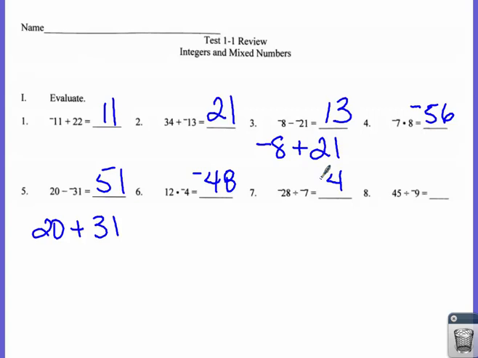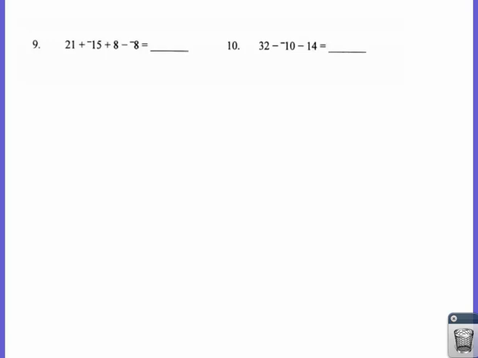And then number 8, 45 divided by negative 9. So we do our math. 45 divided by 9 is 5. I have 1 negative, so my answer is negative. And that's all there is to those kind of integer questions there. And then we move into some that are a little bit tougher, okay, where we've got a string of addition